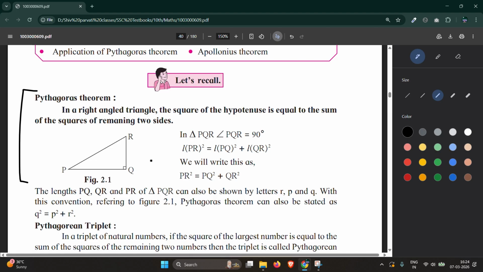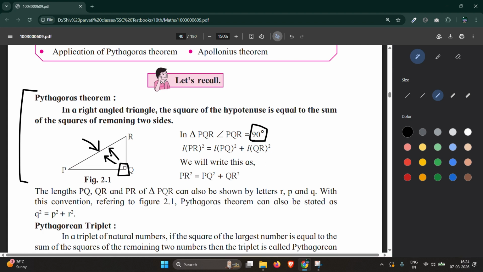What the Pythagoras Theorem says is simply that in a right angled triangle, so for any triangle that has one of its angles as 90 degrees, in that triangle, the longest side, the hypotenuse, the side which is opposite to the right angle, to find the length of that side, we have a special